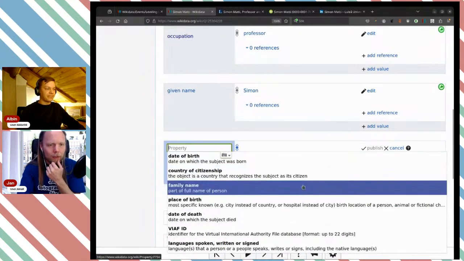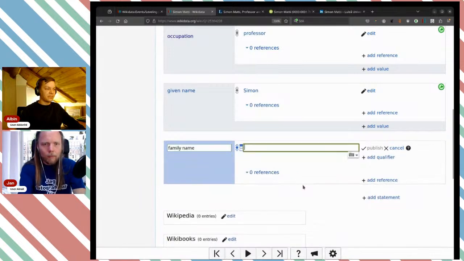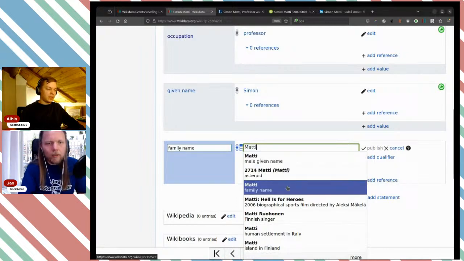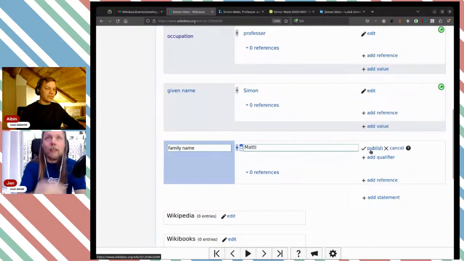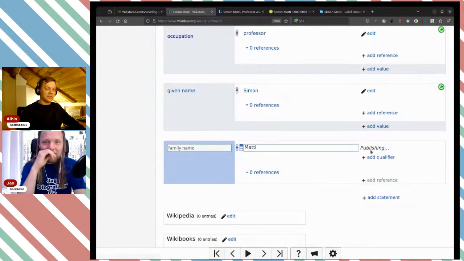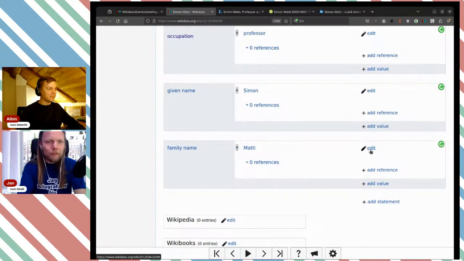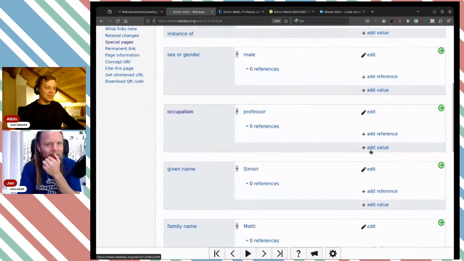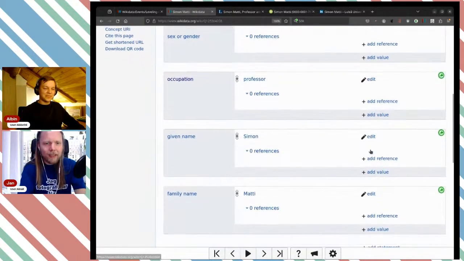Let's go with family name. Now I'll go before Matti. No, not the given name. We want the family name here. So you could be called Matti, of course. All right, so here's some very basic data, but still, this is not very discernible to see, like, there could